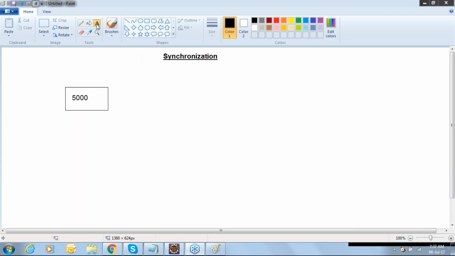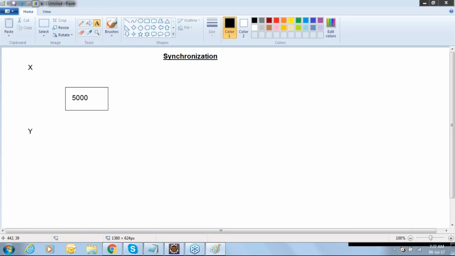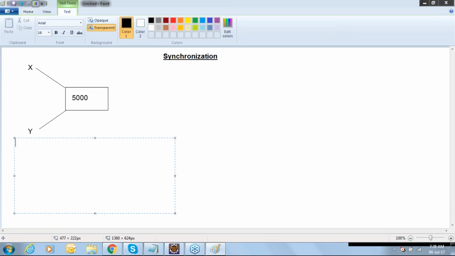Then let us consider we are having customers X and Y who are going to access the same account. X and Y accessing the same account. Then what type of account is it called? Joint account. Very good. Joint account. Then at time T1,